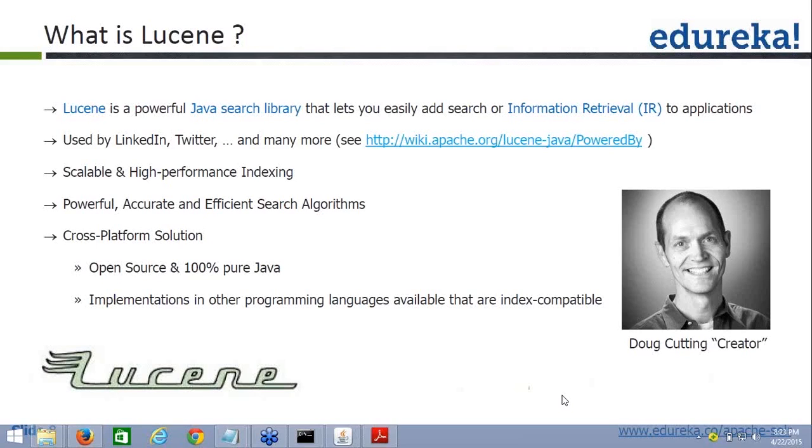When you get this presentation, make sure that you click on this link, and you will see that there are so many robust names which are actually using Lucene, because it is a highly scalable and high performing indexing API. It lets you create powerful, accurate, and efficient search algorithms on the basis of your needs. And again,